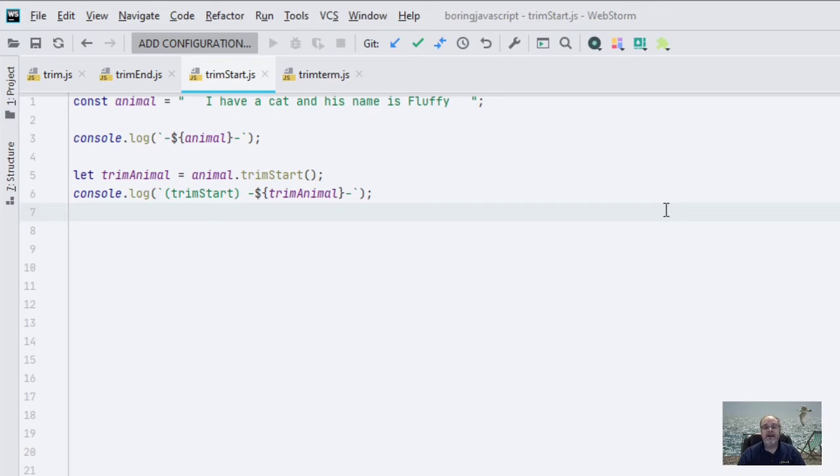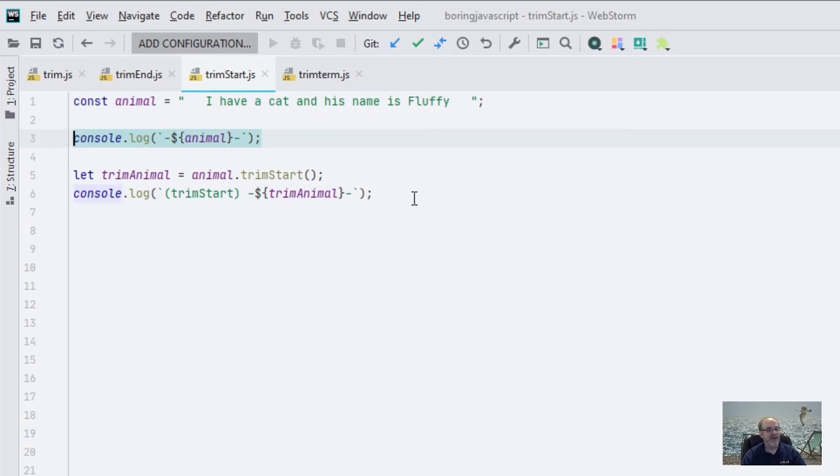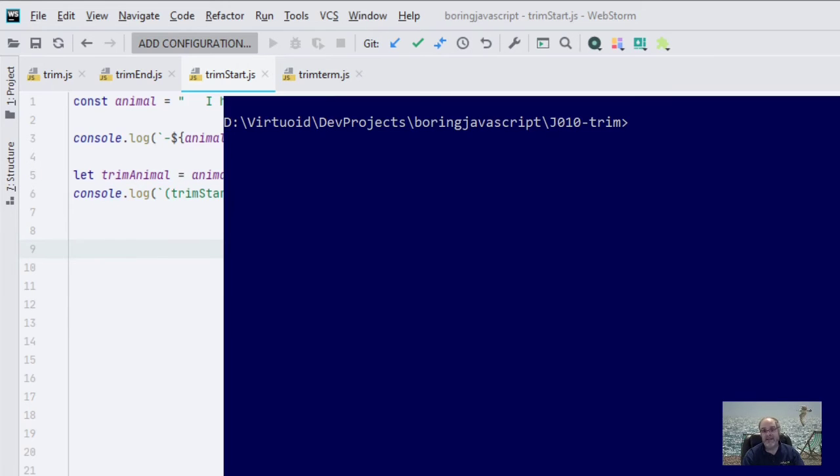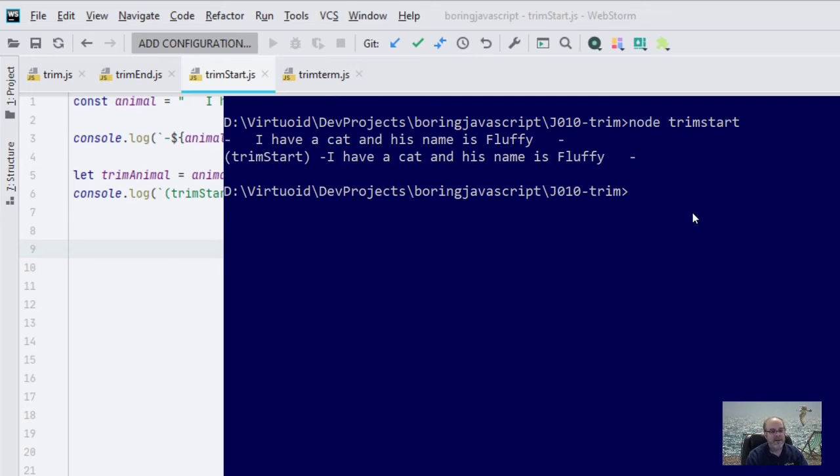The second method is the trimStart method. Now, you want to take a wild guess at what that does? That's right, it trims the start of a string of white space, but does not touch the end. So I have the exact same string here. I have the exact same console outputs, but now I'm doing the trimStart, and just like before, it does not mutate the original string, but returns a new string with the white space taken out of the beginning. Let's take a look at that. Node trimStart. Sure enough, notice at the end here, the white space is still there, but at the very beginning,